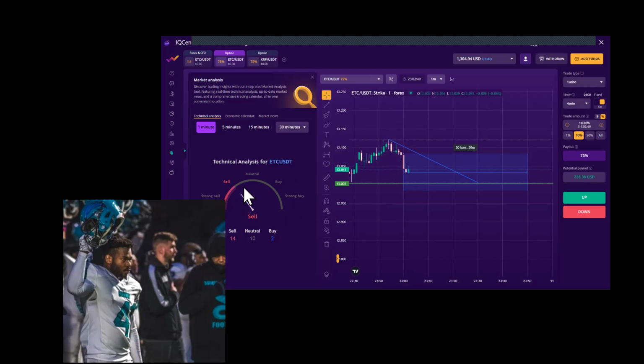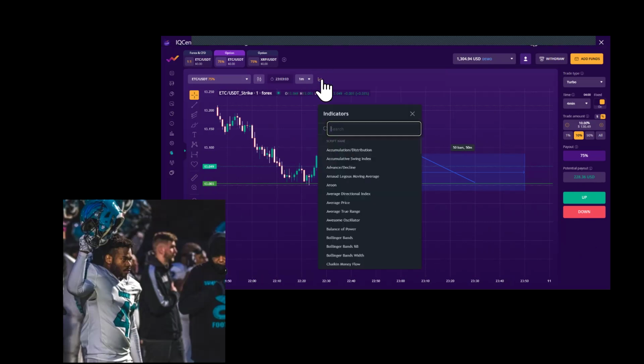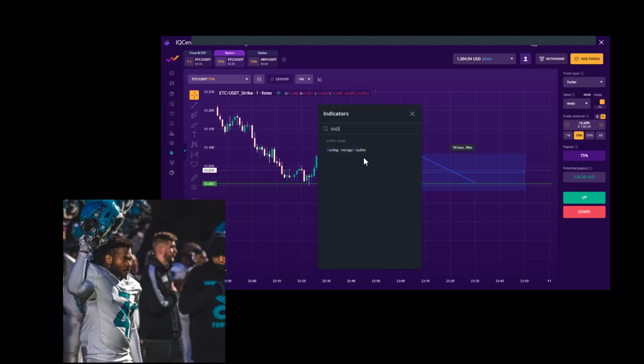So the technical analysis chart says sales are getting weaker. Eventually, it's gonna reach neutral. By the time it reaches neutral, I should go in for a buy. So when it hits that neutral mark, you just hit up. And I want to show you some indicators as well. So what I had down there was called the MACD,